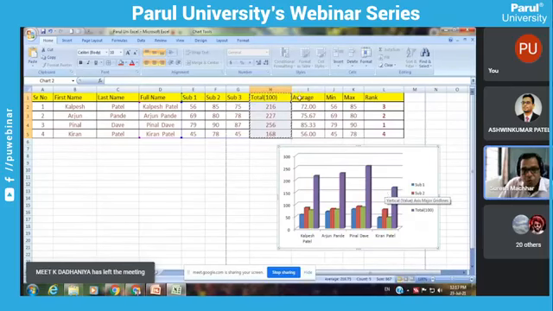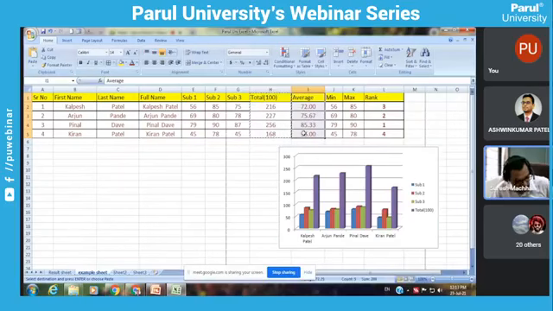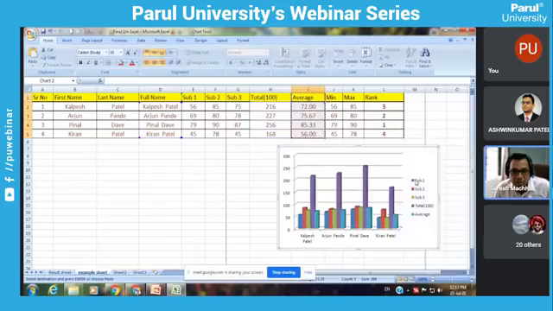Clear? If you want to add the average, Ctrl C, right click on your chart and paste. Now the average is also added. Understood or not? That is very easy. Once you input your chart and know what kind of chart is best for representing your data, you can do wonders with your charts to display your data